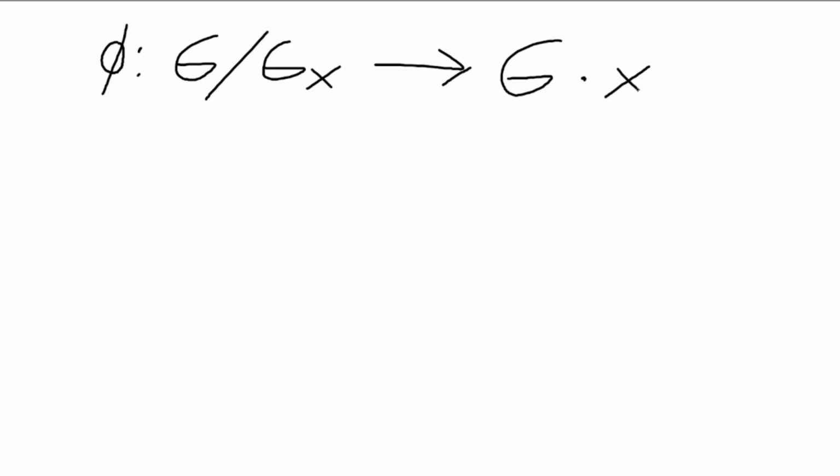On the left, G sub x is the stabilizer of x, and on the right side, G dot lowercase x is the orbit concerning that same arbitrary element x in the set capital X on which the group G acts